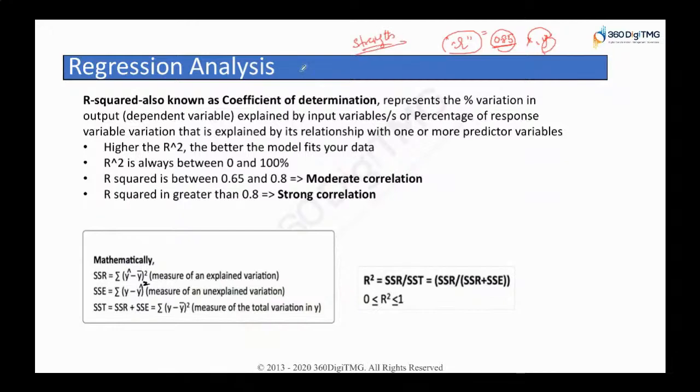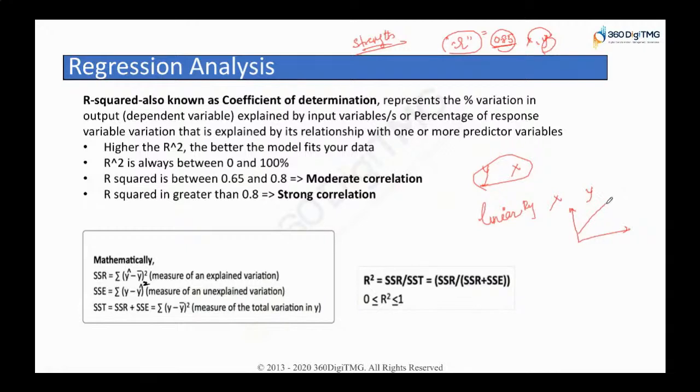Right? Now let us come to this regression analysis, something called the coefficient of determination. Whenever you do any prediction between x and y, there is something like linear regression. Why am I calling it linear regression? For every change in x, you observe some change in y. So just like this,